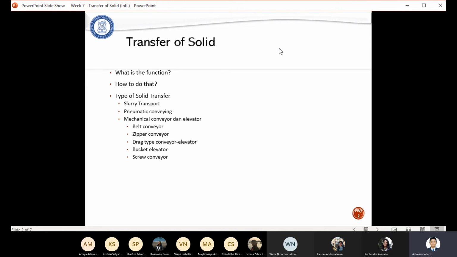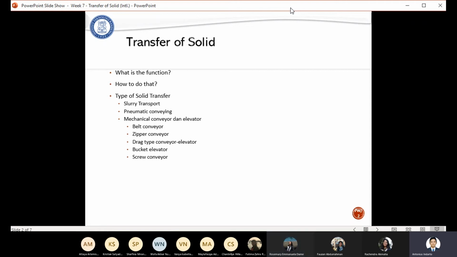Can you see my slide on your laptop or computer screen? Yes, sir. Okay, and can you answer this question? What is the function? To move a certain amount of solid from one point to another point, sir.